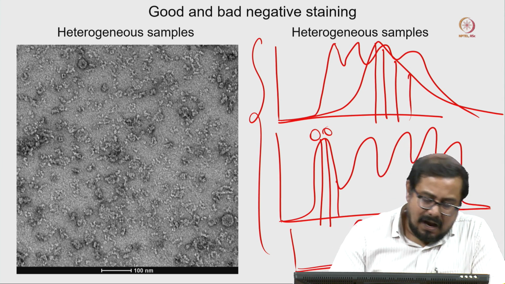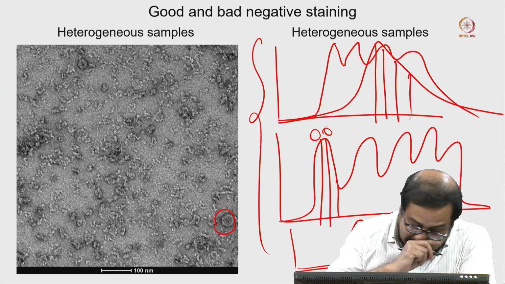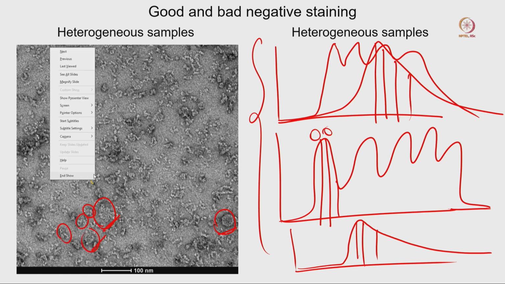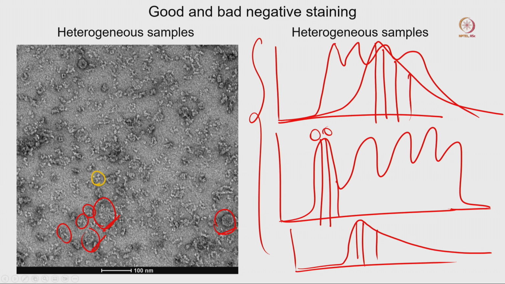This protein is highly heterogeneous, and that is the reason we are getting different shapes of the molecule; we are not getting one exact morphology. If you consider these three molecules, they are very large. On the other hand, if you look at those, they are comparatively small molecules. So we do not know from here which one exactly is our protein, which protein we are looking for. They have completely different shapes.